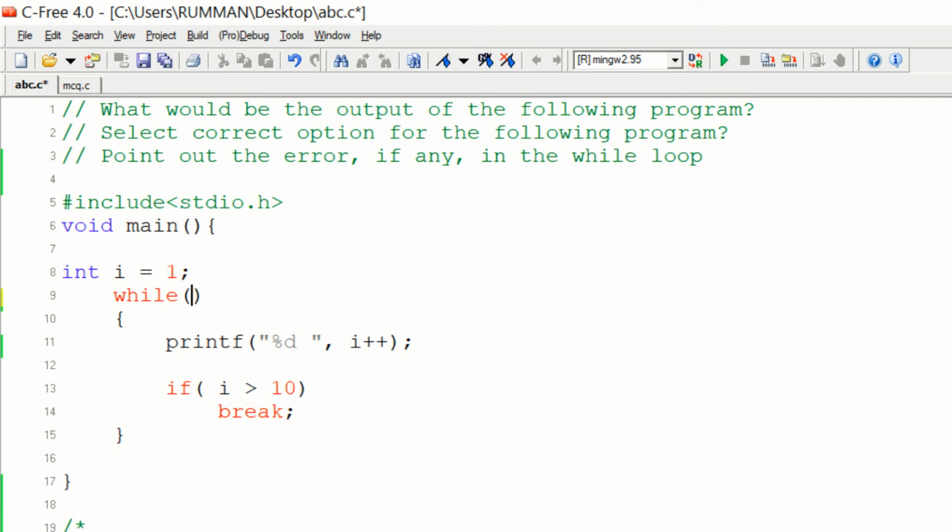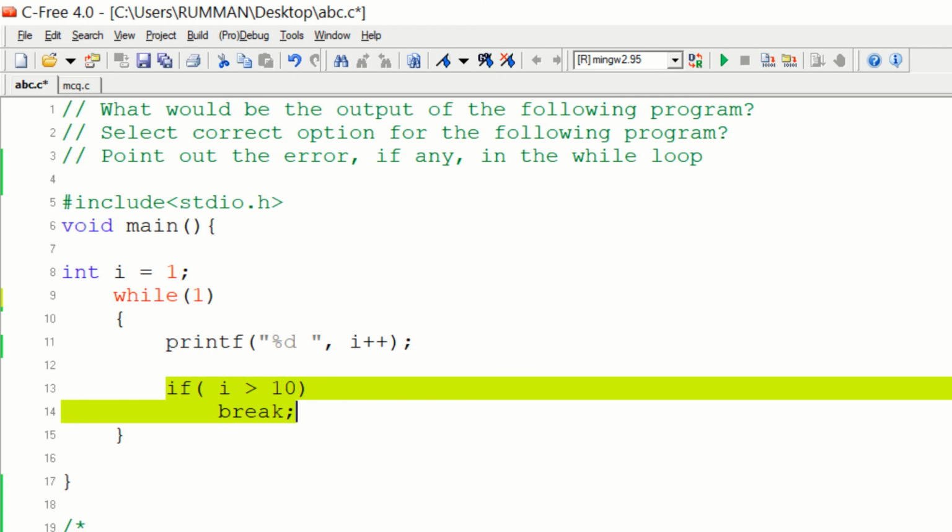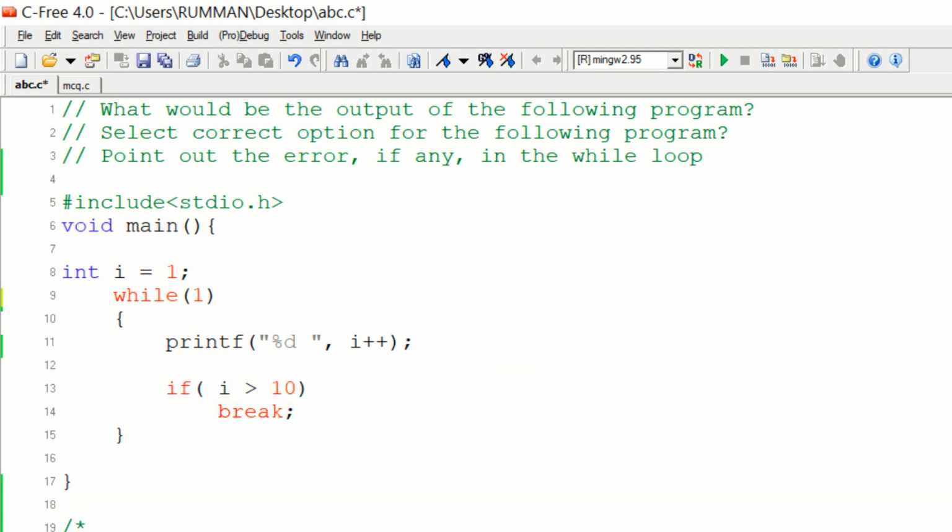So if we want to make this while loop an infinite while loop, then we have to put 1 here as a boolean expression or boolean value. Then this program will operate correctly, same as the for loop that I showed in the previous video. You can check it from the previous video also. If we run this program, it will act like an infinite loop, but here we have a conditional statement that whenever the value of i is greater than 10, it will break from this while loop. That means this program will give 1 to 10 as its output.